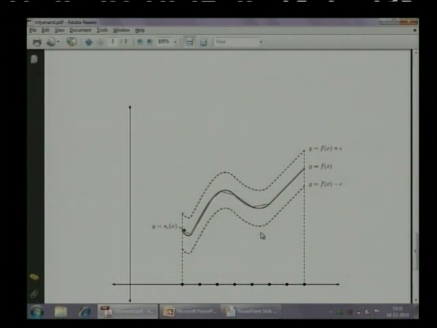Both are continuous functions, so you have a continuous tunnel. In that tunnel you have the graph of f, and the approximation done by the linear function. Because of the uniform continuity of f and the way you have chosen it,